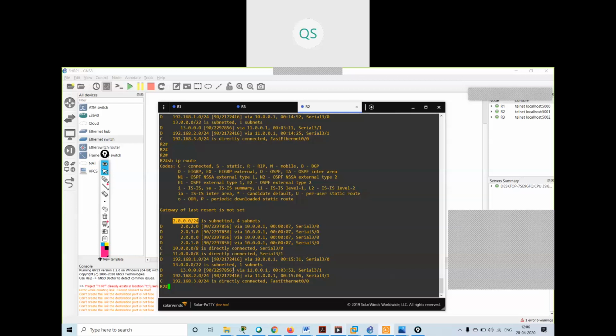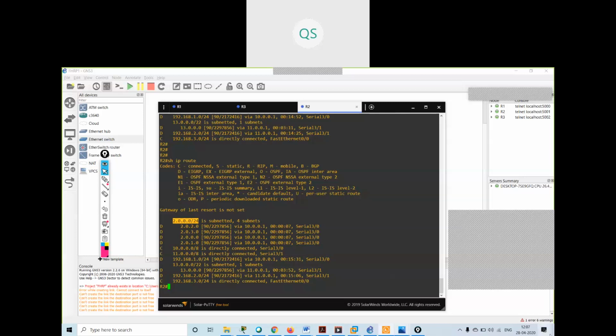No, you cannot use both on the same router, because you have to select the interface for auto or manual summarization. You cannot use both things on the same network.